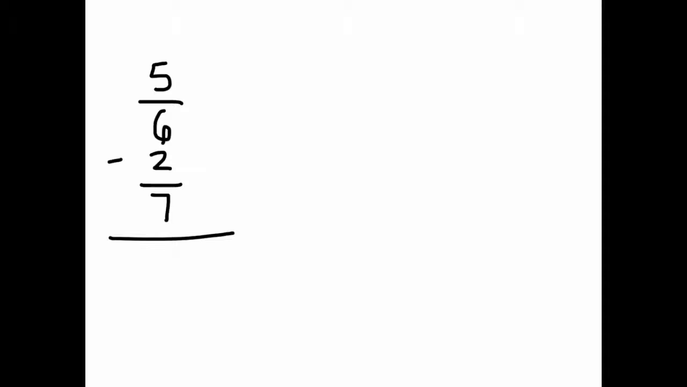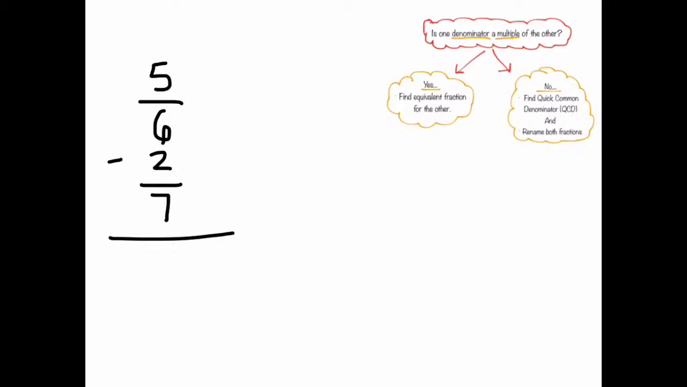So I need to find out if one of these is a multiple of the other. If it is, it makes my problem easier to solve. I can use the multiples trick to find this out. So I'm going to take the smaller denominator of 6 and start skip counting. 6, 12. Well, I'm already past 7, so 6 is not a multiple of 7. So I need to use the quick common denominator method, and that would be